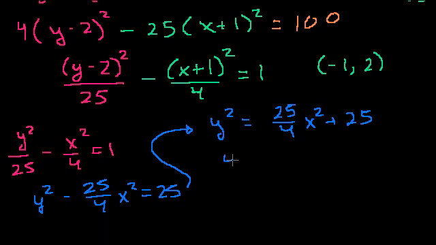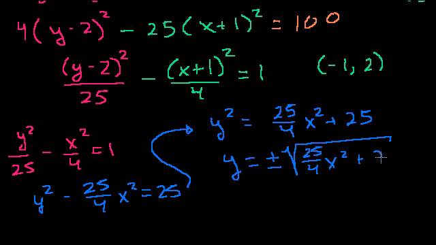And so y is equal to the plus or minus square root of 25 over 4 x squared plus 25. And like always, the hyperbola will never equal or intersect the asymptotes, but it's what the graph approaches as x approaches positive and negative infinity. You'll learn the concept of limits later on, but I think you get it at this point, because that's what the idea of an asymptote is: as x gets really large,